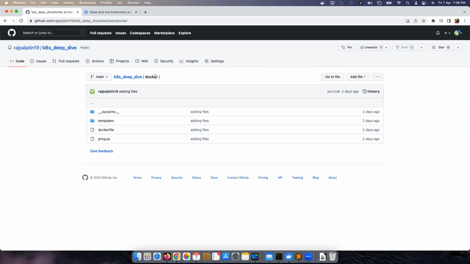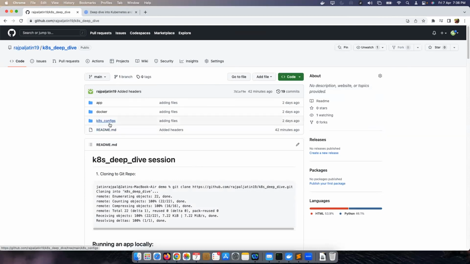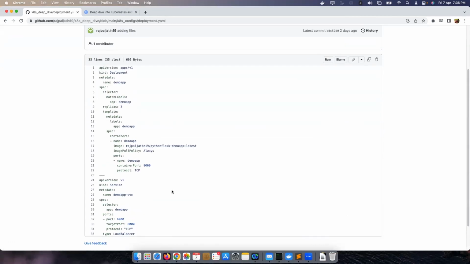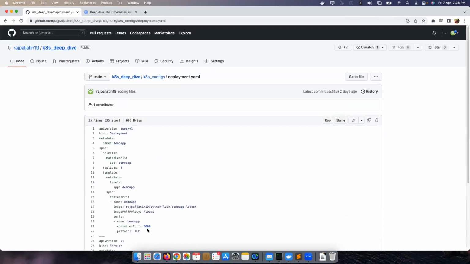So this is particularly for running this application on Docker. Going back to the root, the third folder that you see here is the k8s-config, which contains the deployment files for Kubernetes. We'll discuss these once we deploy this on Kubernetes.